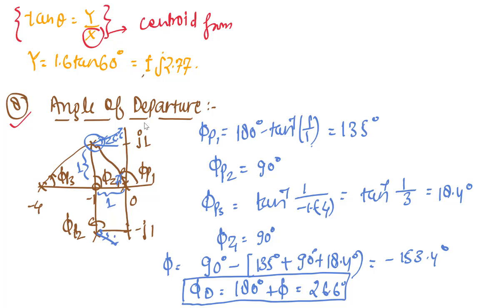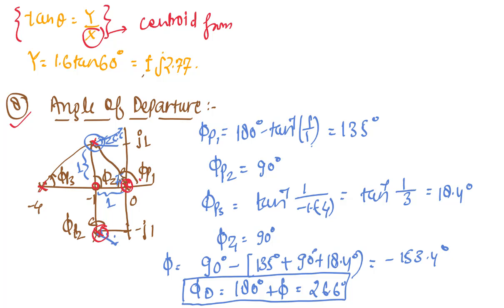Next is the angle of departure. You can see over here that we have one pole, and one zero at s is equal to minus 1. We have another pole over here, and two complex poles are here and here. We will calculate the angle of departure for the complex poles. If we calculate the angle of departure for this pole, the negative of the calculated angle will be for the second conjugate. So we will calculate only for the first.